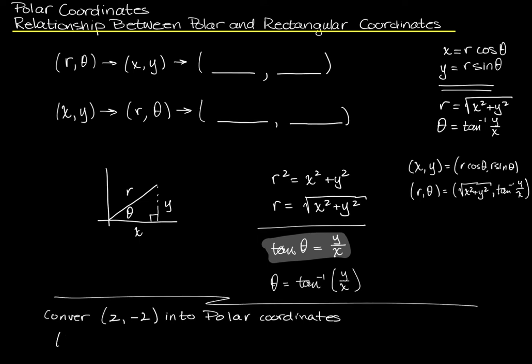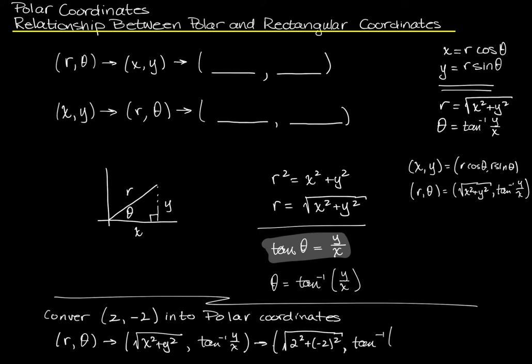We want r comma theta, where r is the square root of x squared plus y squared, and theta equals tan inverse of y over x. Well, that's r equals the square root of x squared plus y squared. That's going to be 2 squared plus negative 2 squared. That's my r, comma,